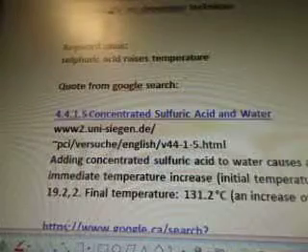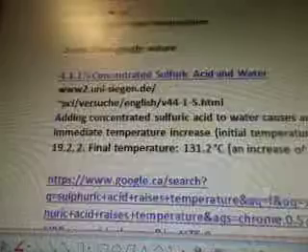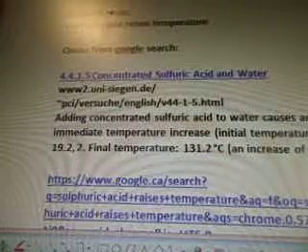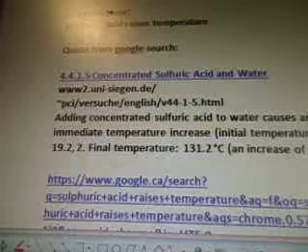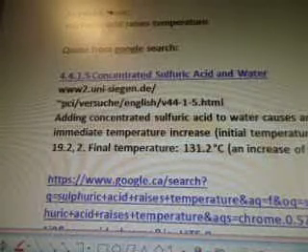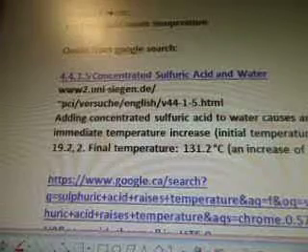Keyword ideas: sulfuric acid raises temperature. Quote from a Google search: concentrated sulfuric acid in water. Of course, that got my attention, right? Sulfuric acid and water together. And sulfuric acid you get from copper. So